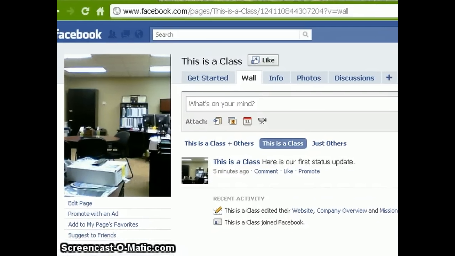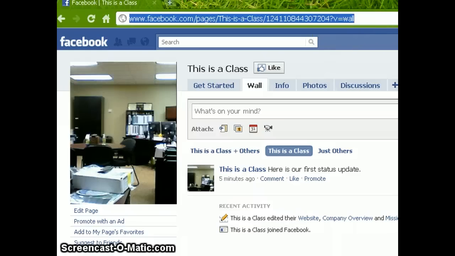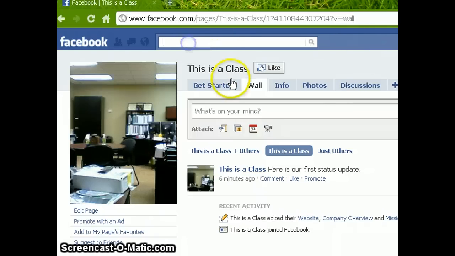You want to get this out to your students. You can either email them the link right here, just copy paste it into an email, or the easier way is have them get on a computer and sign into Facebook. They're gonna sign into Facebook in your class. Oh, horrible. Yeah, have them sign into Facebook,